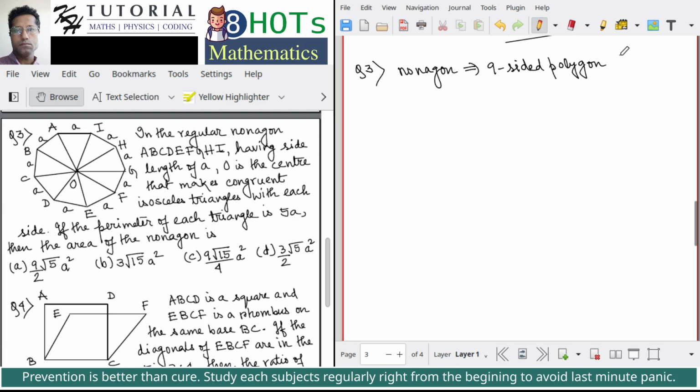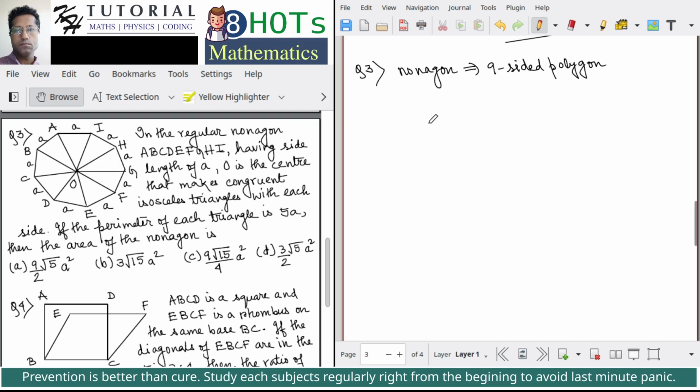So it's a regular 9-sided polygon A B C D E F G H I having side length A. So A is the length of each side. O is the center of the regular nonagon that makes congruent isosceles triangles with each side. The center is creating isosceles triangles with each side, and each of these isosceles triangles is congruent. If the perimeter of each triangle is 5A, then the area of the nonagon is